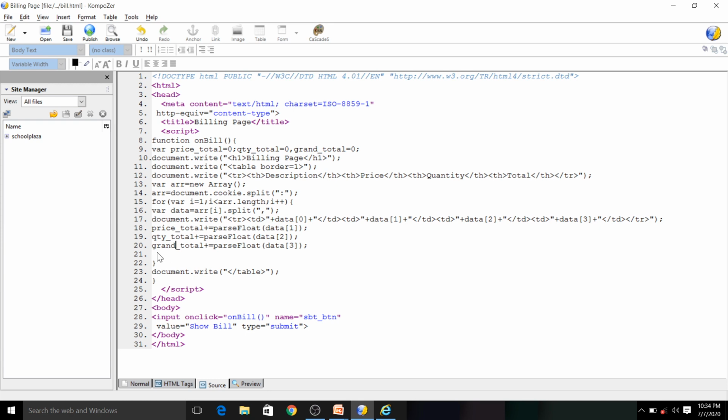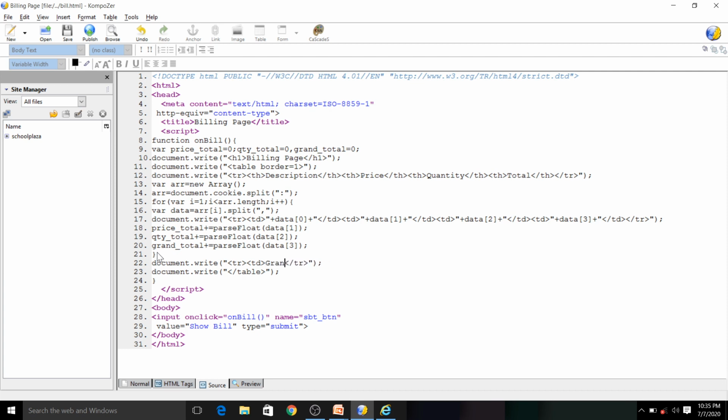We can do the calculation in the for loop, but we will print it after the for loop. We don't want to print the same thing again and again. If I am selecting 4 items, 4 times I will get output. I don't want that. Here I will type document dot write tr again, open, and tr close. Here again td and my variable name. In description I am writing simple text as grand totals or something.